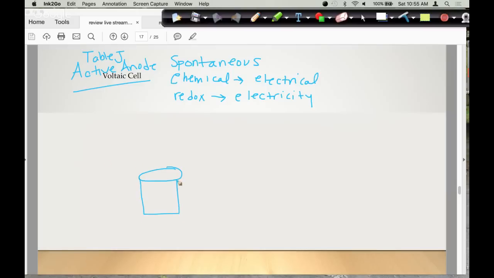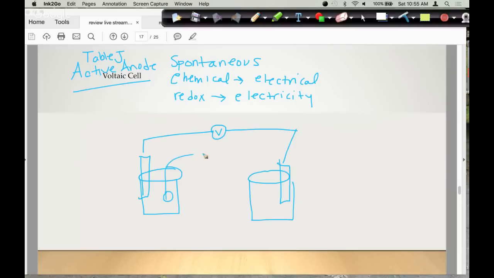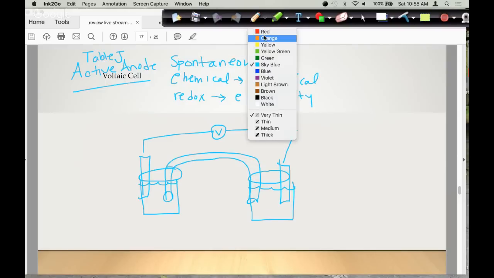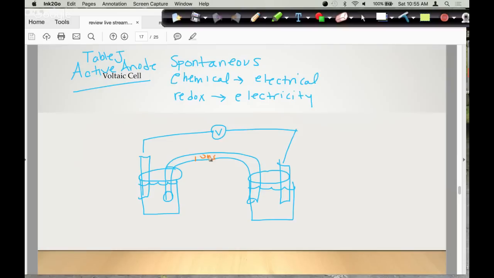A general sketch of a voltaic cell would have 2 pieces of metal dipped in solution, connected by a wire, with a salt bridge and solutions in each container. The salt bridge, remember, is for the ions. The wire is for the electrons. We have an anode, which could be on the left or the right,